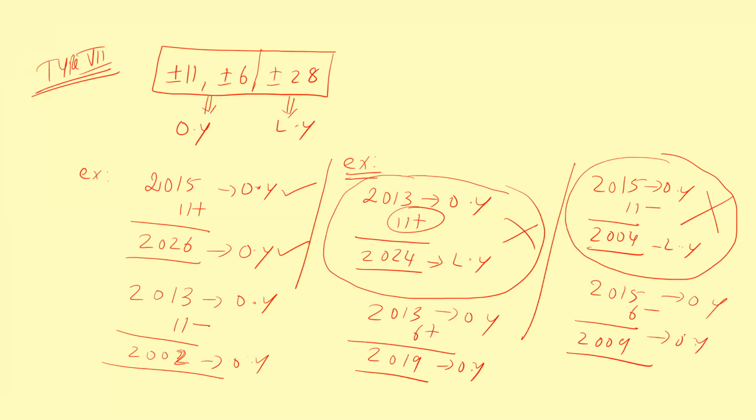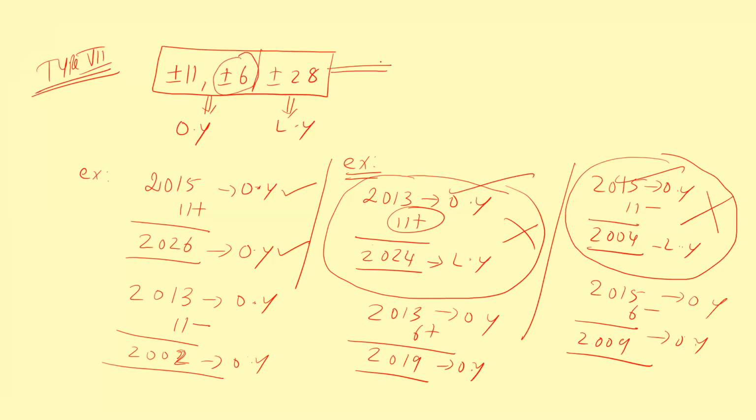So very, very important. What you want to keep in your mind means 11 and 6 for ordinary years, for adding and subtracting with ordinary years. But this 11 and 6 is not an alternate number. You should not use 11 and 6 both the time. First you want to start with 11. Very, very important. First you want to start with 11. Only if you get ordinary as the answer, no problem. If you get leap year as the answer, then instead of adding or subtracting 11, you must use 6. Only in that situation you must use 6.